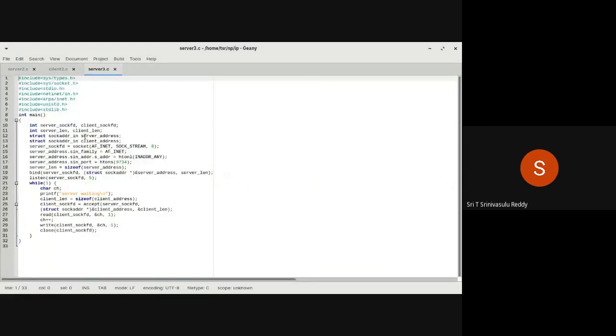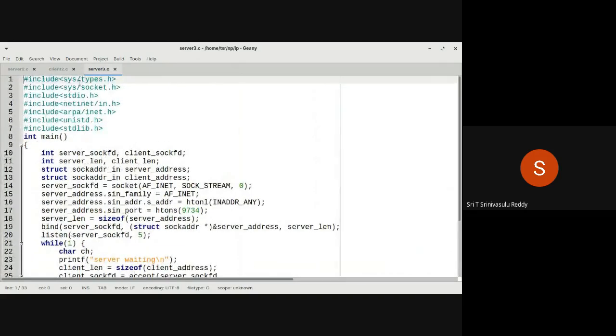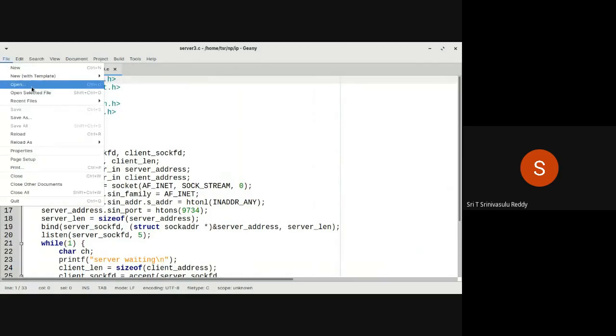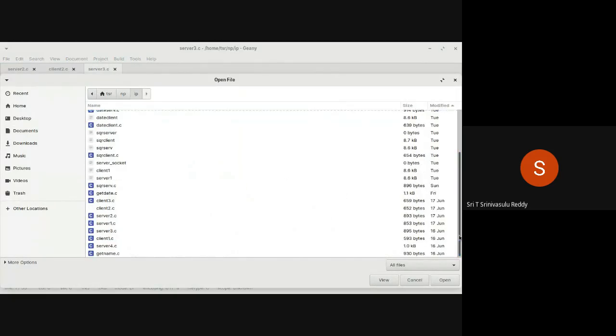Right, so in this we have the corresponding thing. This is server 3. Similarly, client 3, its corresponding thing.